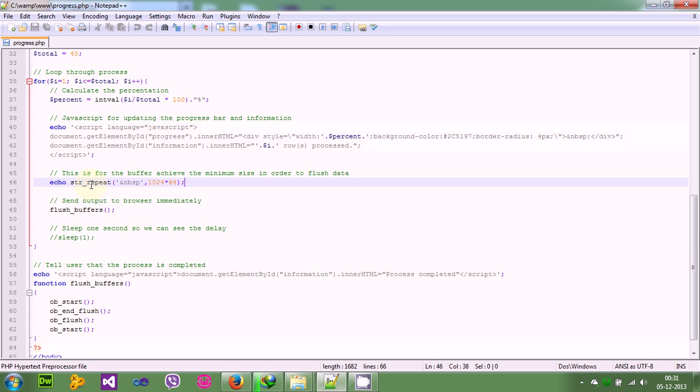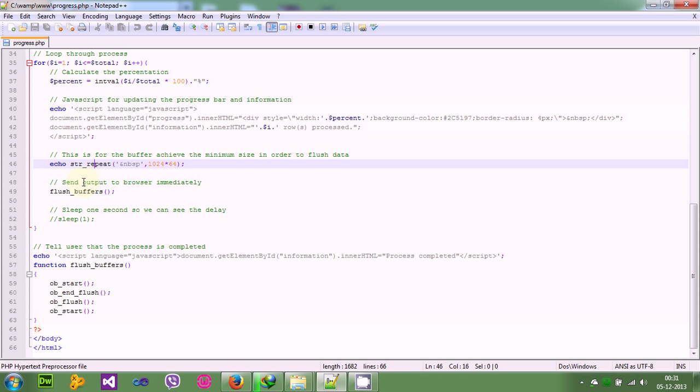So after str_repeat, the work is not finished. I have to do one more thing, the flush buffers function. Let's see what flush buffers does. It uses some of PHP's inbuilt functions like ob_start, which starts the caching, flush, and end flush. End flush means ending of flush, and ob_flush actually flushes the information that's already stored in the cache. As I mentioned earlier, the browser has to be specially ordered to clear your cache and show the output